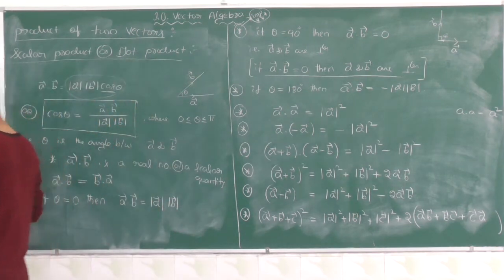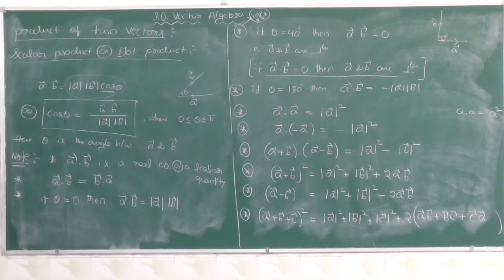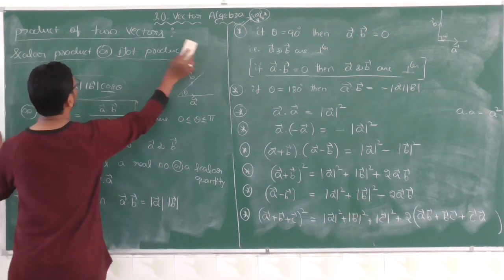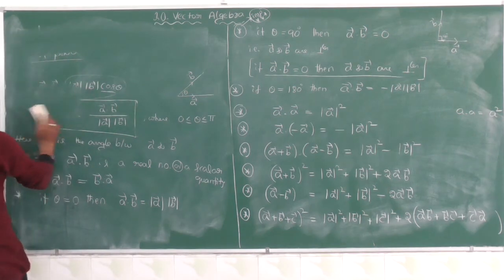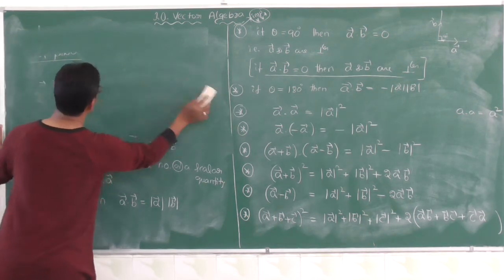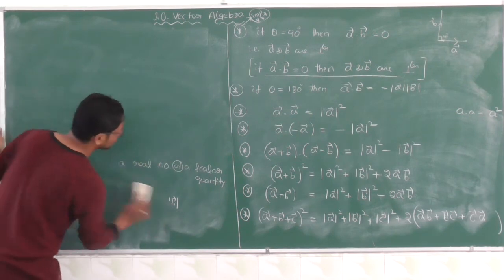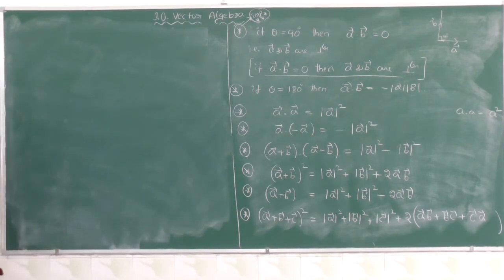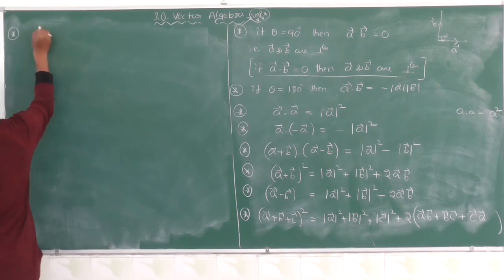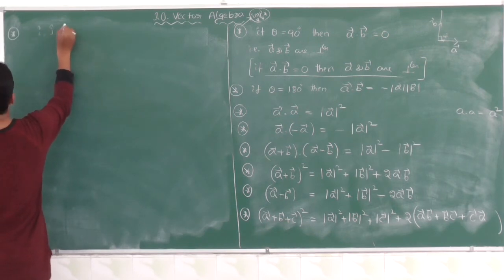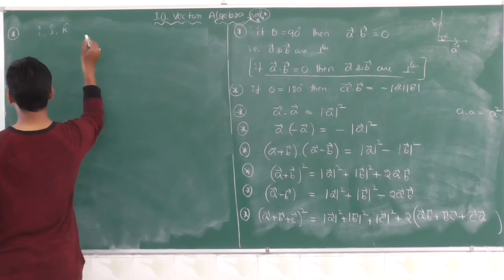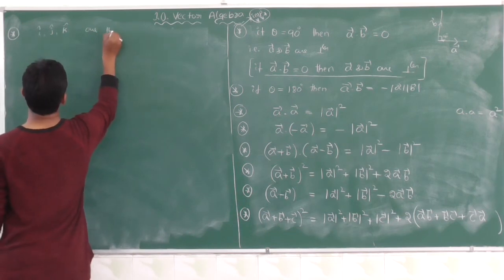Based on this, we will solve some problems. And we also have one more note point. Let us discuss the note point. Next point: i cap, j cap, k cap are the unit vectors